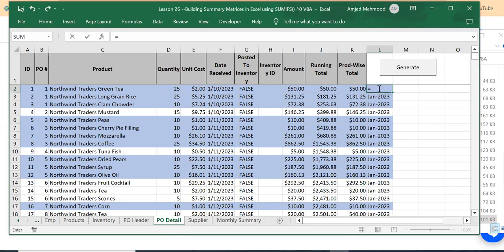You just write equal to, then TEXT and a bracket, and then give the date for which you want, and then put a comma, and within the inverted commas you are going to write the format in which we want: MMM for the 3 characters of the month and YYYY for the 4 characters of the year, right? And we close the quotes and we close the parentheses, and this way we get this. Okay, so let's